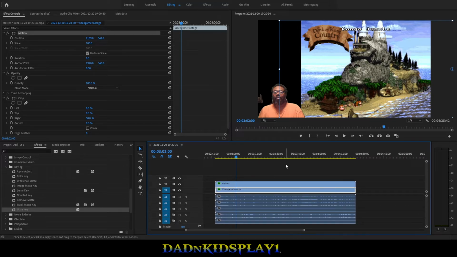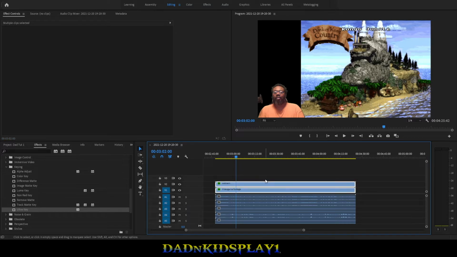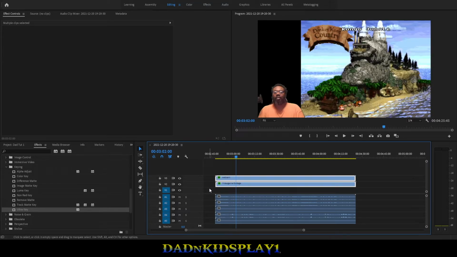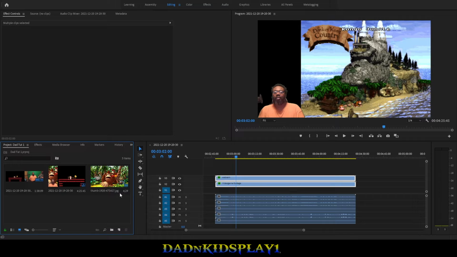All right, so in the timeline, you want to left click and drag till you see that both the webcam and the video game track are selected, and then you want to move it up. You want to move it up. So now you see that you've got an extra, empty video track that you can manipulate. You can put something on it. So we're going to drag this